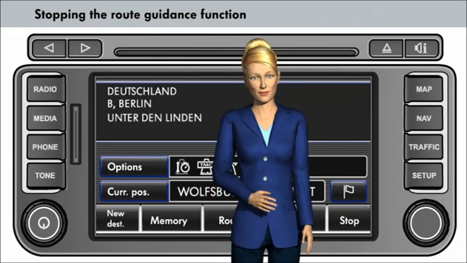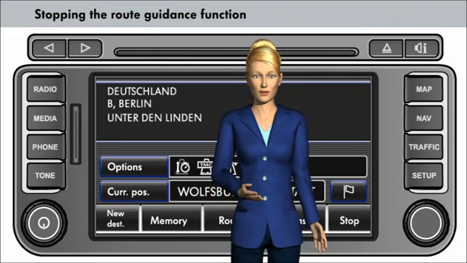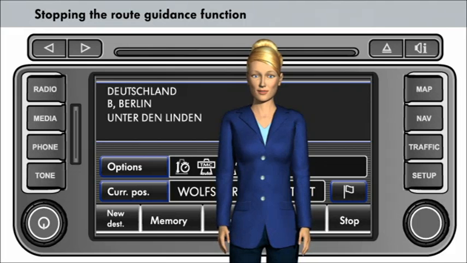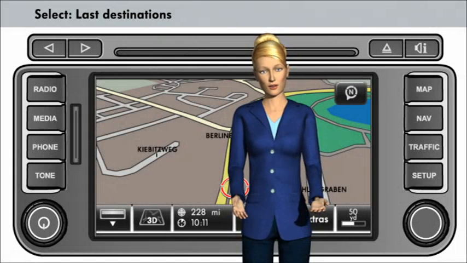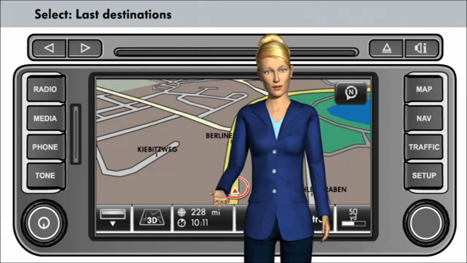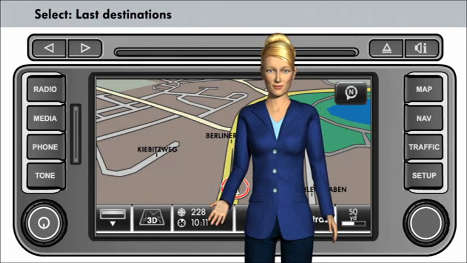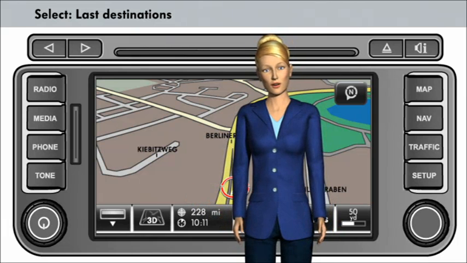In the next chapter, I will show you how to reuse the last destination that you entered in the system. The navigation system will store the last destinations that you used. If you wish to use the route guidance function